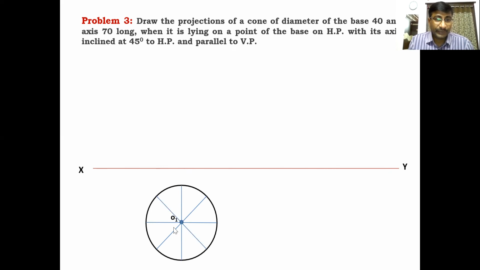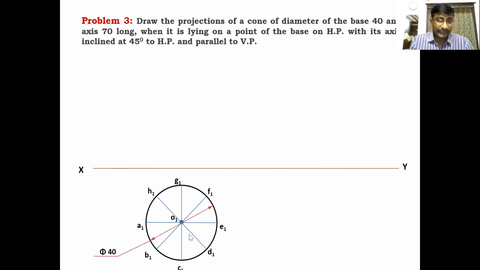And as in the previous case, divide that circle into 8 equal parts. After dividing, locate the points A1, B1, C1, D1 up to H1. You have to locate the top view points. The 1 represents the first stage. These are top view points, that's why I'm not locating the dashes here. The top view is without dashes. Are you clear? This is the apex of the cone and these are the base points.